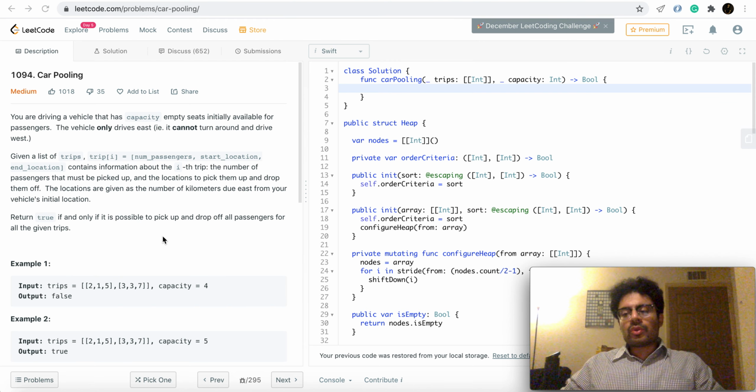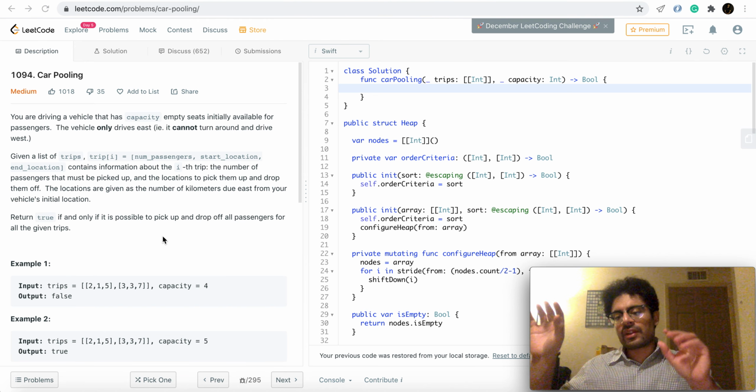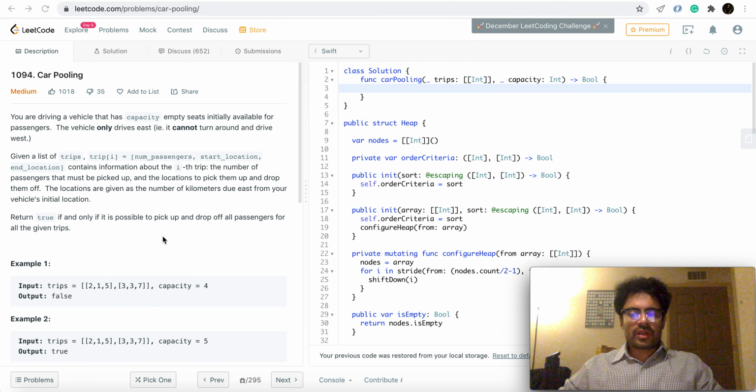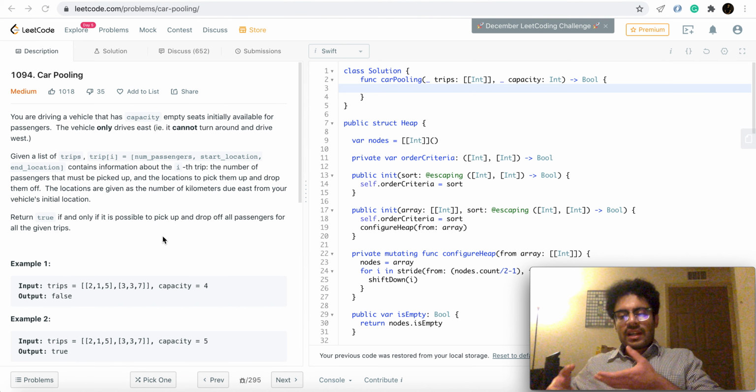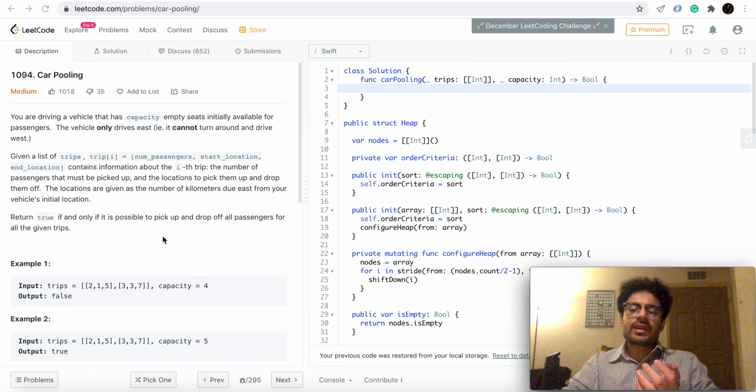Inside the for loop, let's say we are processing a trip in this array of trips. Let's call this trip the current trip. We are evaluating the feasibility. Evaluating the feasibility means we are trying to evaluate if the number of passengers of this current trip can be accommodated in the vehicle or the car. Does the vehicle have enough capacity to hold the passengers that my current trip requires? That is the evaluation of feasibility that I was talking about.